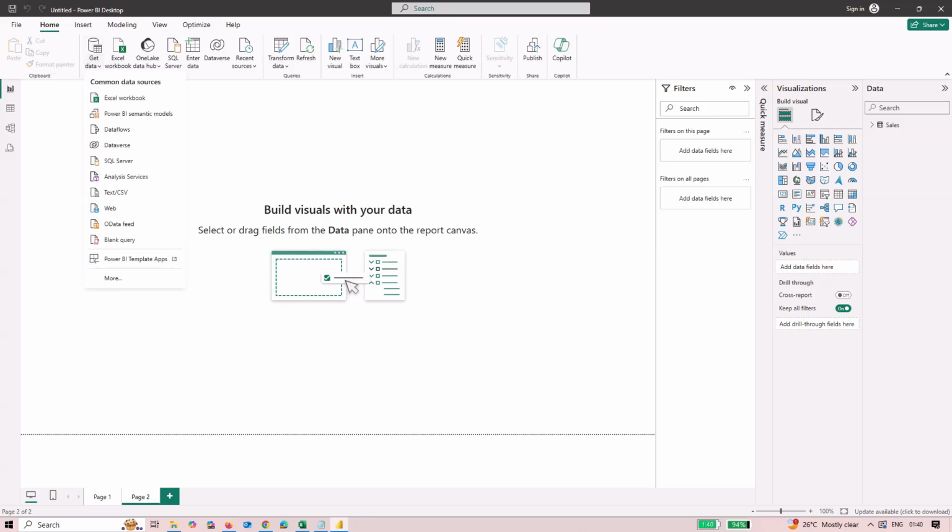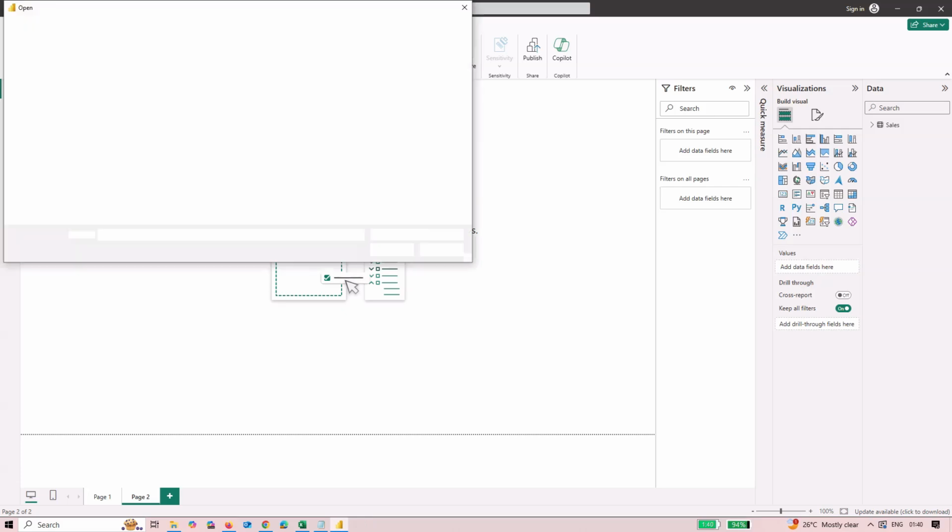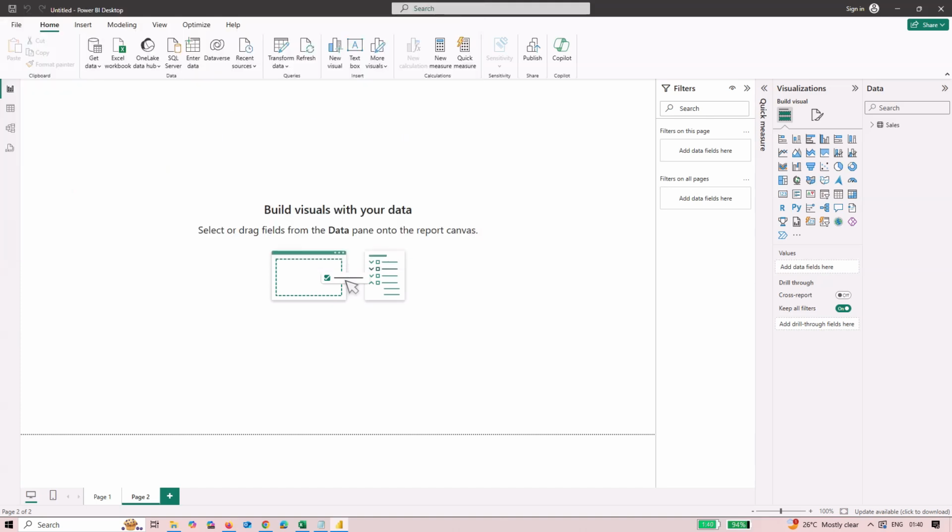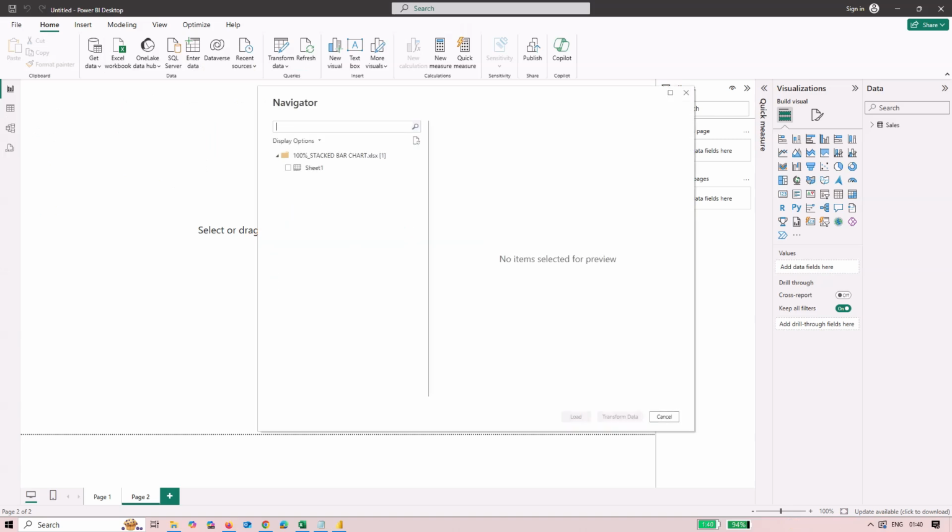Want to compare categories as proportions of a whole? A 100% stacked bar chart in Power BI is the perfect visualization. Today I will show you how to create one step by step using an Excel dataset. So stick around,